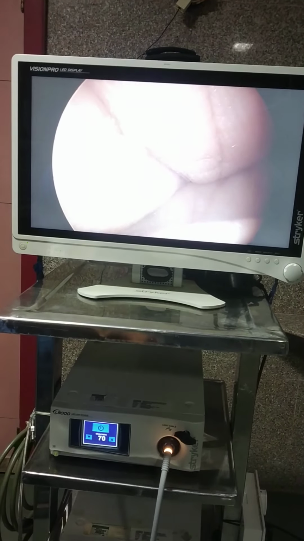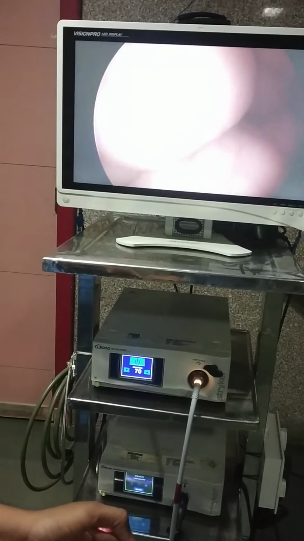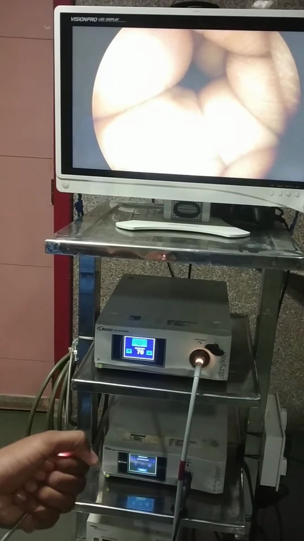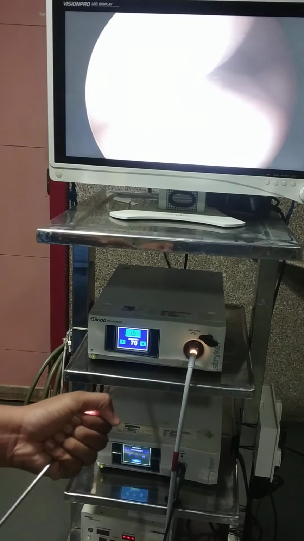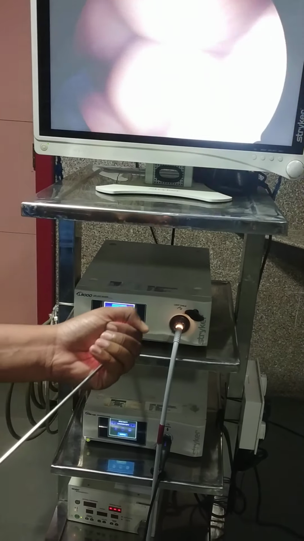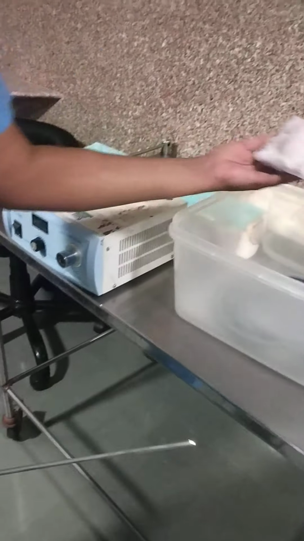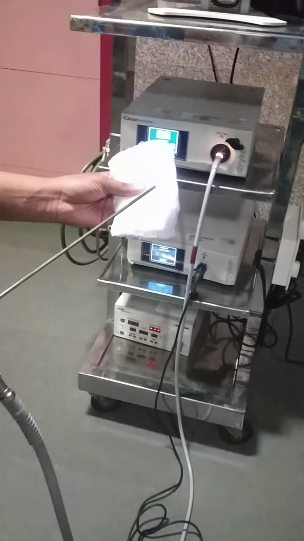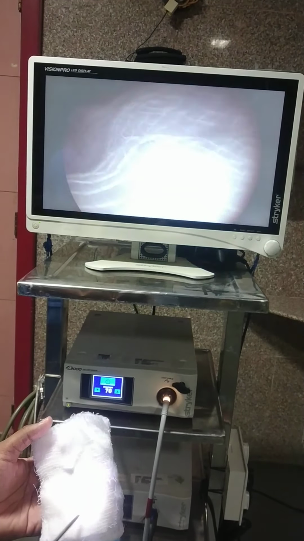Suppose the doctor wants to see a kidney stone and other things, at that time this scope is inserted inside the body, and you can observe the body parts easily with the help of this. Sometimes, suppose the vision is not clear, at that time you have to take the white balance. You can observe these are the number of switches. Take white cotton and you can make the white balance. So you will get good image quality.